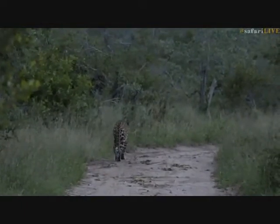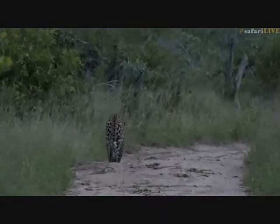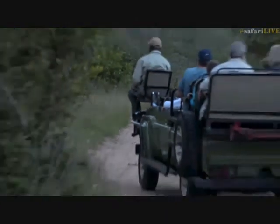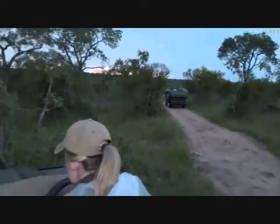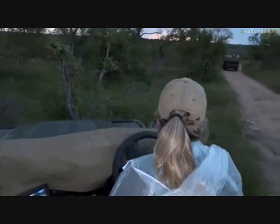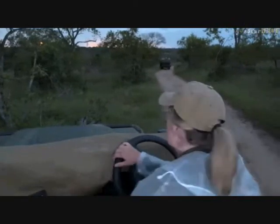So we're going to jump back third in the queue now and let them have a view. Oh no, hang on, it seems as though this other vehicle that's behind us is going. That's alright. So that means that we've got an opportunity. We're just going to be behind Taxon. But while we wait for our chance to get a better spot, and hopefully he settles down somewhere, maybe sits